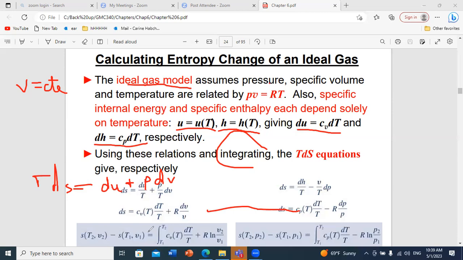Okay, and how do we get all these relations? We always go back to the initial equations, meaning TdS equals dU plus PdV. If they tell me V is constant, meaning incompressible, I will cancel this term. And because it's a gas, we took above that U is only a function of temperature and H is only a function of temperature. Okay, here they no longer use the incompressible assumption because the condition changed. You know that a gas is ideal depending on the relation between P and P critical. Okay, so if we are far away from the critical point and Z tends to 1 we can use the ideal gas model. If I have an ideal gas, I no longer say that